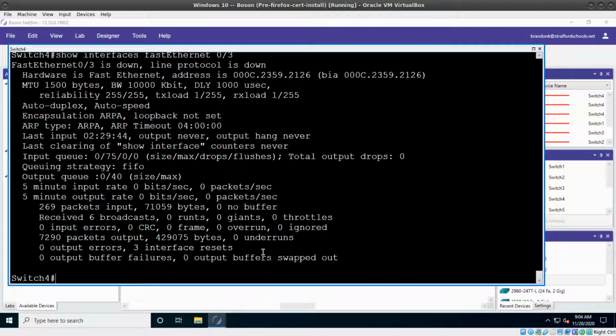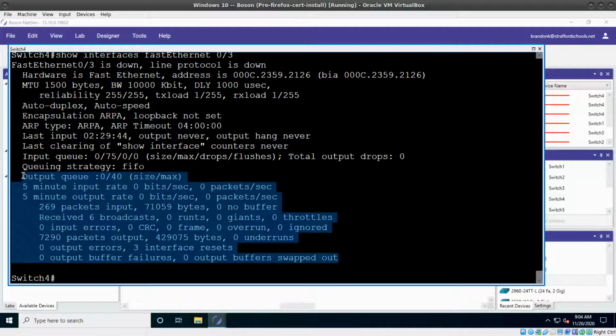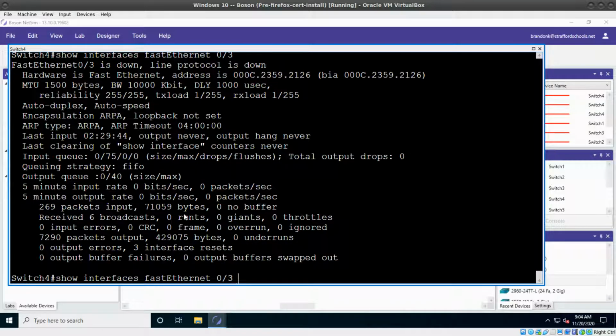If you're having packet issues, which we haven't even begun to talk about, this section in here is where you're going to find those kinds of things, even up here. But we haven't got to talk about that yet. Now, one thing I can see is it's a Fast Ethernet, and the duplexes are there. Okay. Well, let's look at another similar command, same interface, but I'm going to add the word switchport at